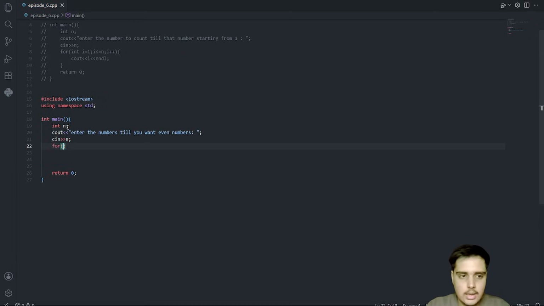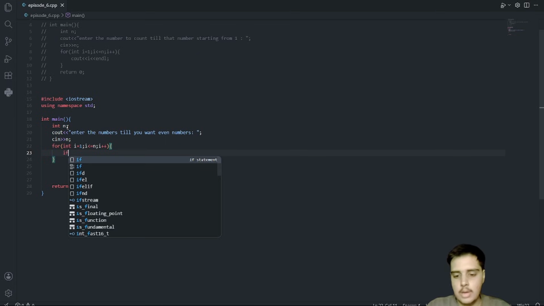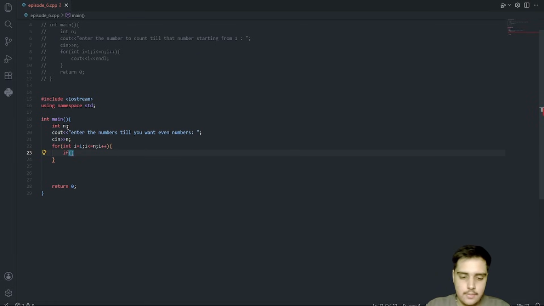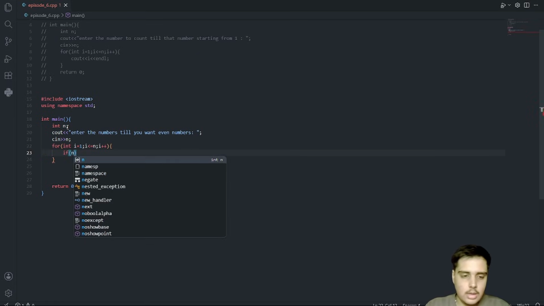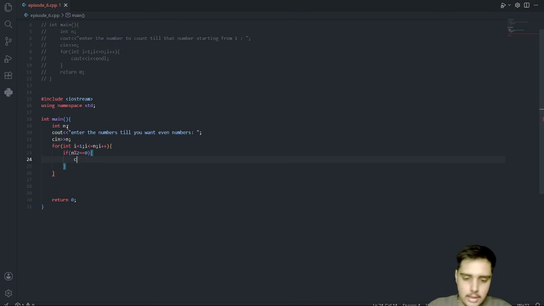Now I will say for int i equals 1, i less than or equal to n, i plus plus, and inside the for loop I will use if number modulus 2 is equal to 0, then only print i and end the line.